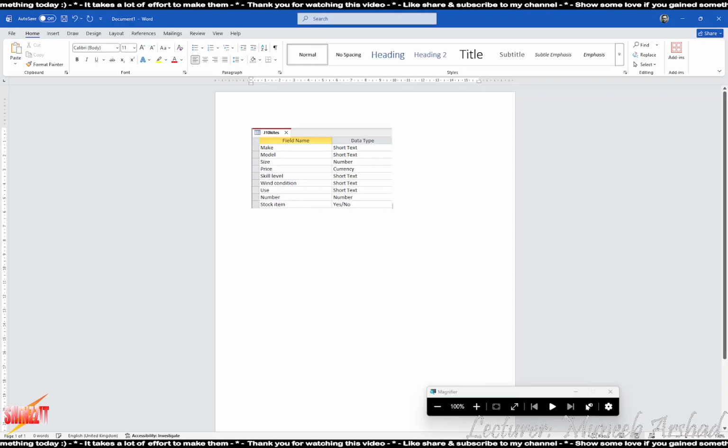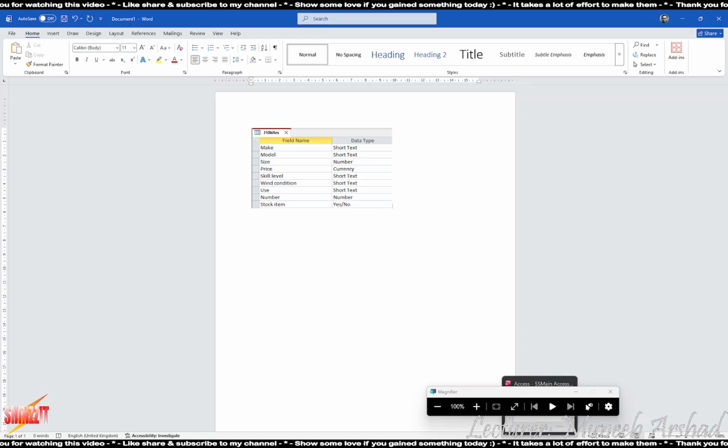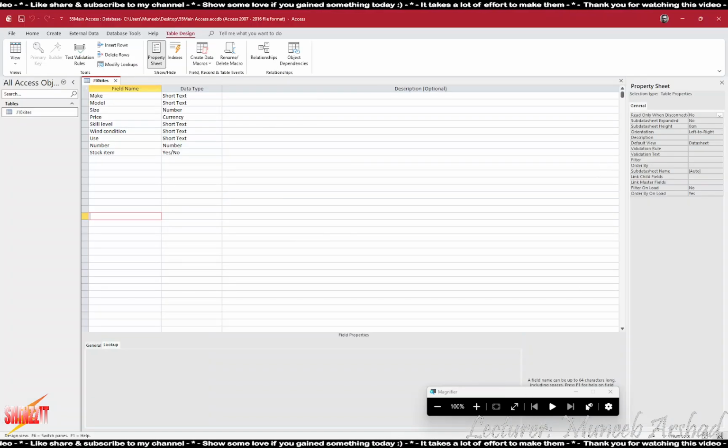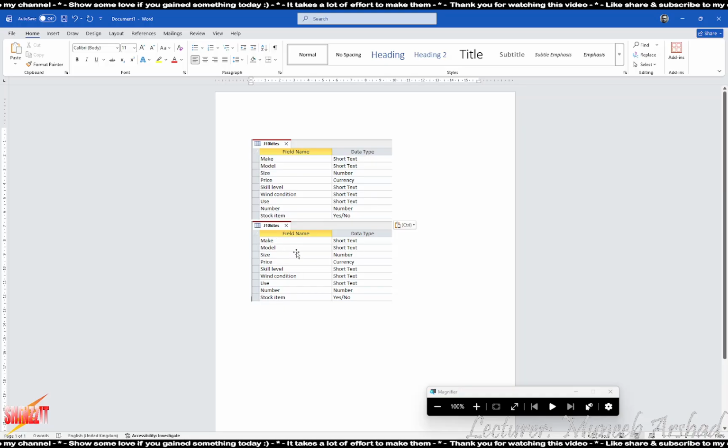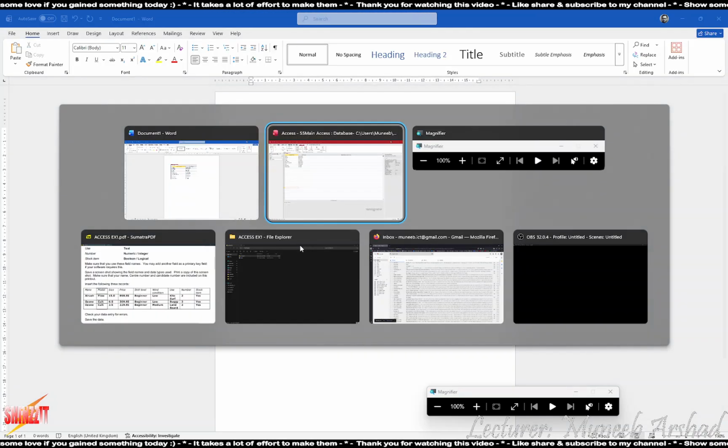And paste your screenshot. Obviously, you have to caption it, but this is the only portion. I have noticed some students taking a screenshot of this whole screen. Now, this whole screen is irrelevant. We only need to specify the table name, the field names, and the data types. Okay? So make sure you just take that screenshot and paste it in your evidence document like this. Always caption your screenshots.